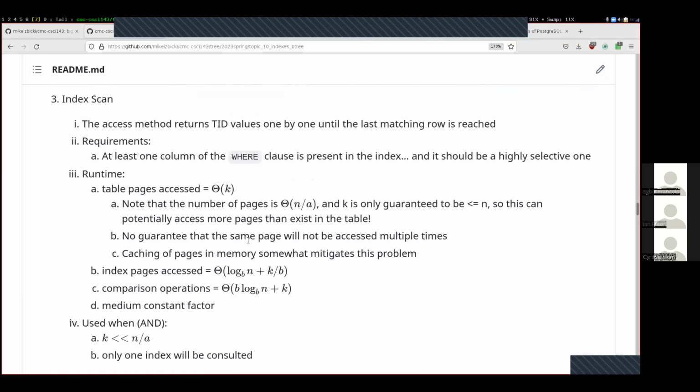This is a good stopping point. Next time, we'll review some of these index scans a little bit more, and then go on to the more complicated SQL queries and how they relate to indexes. If anybody has questions about any of those things, happy to